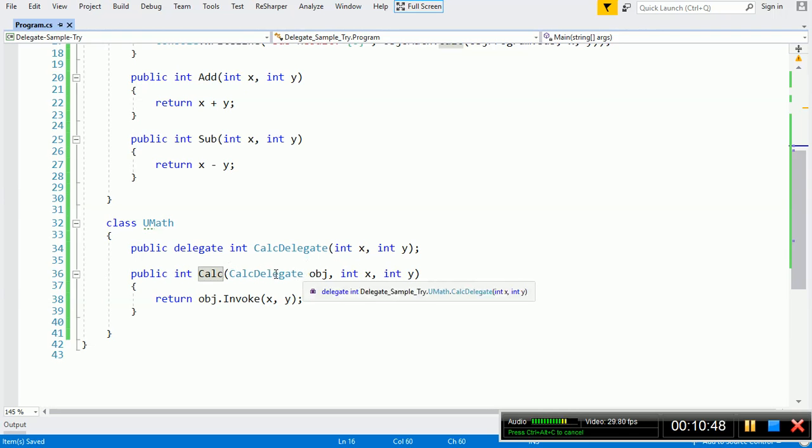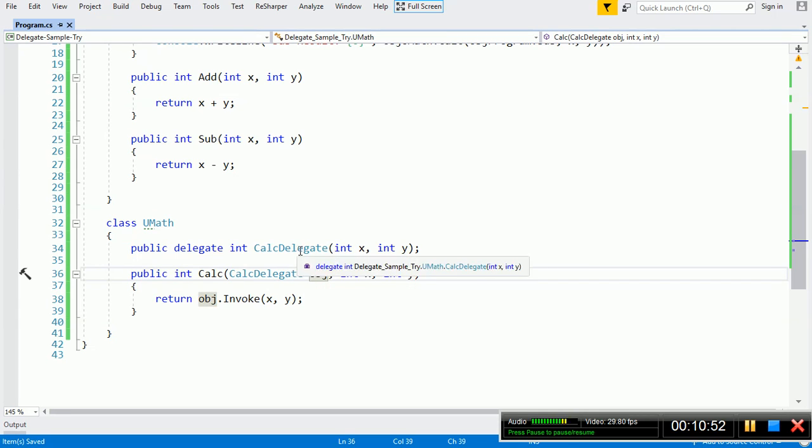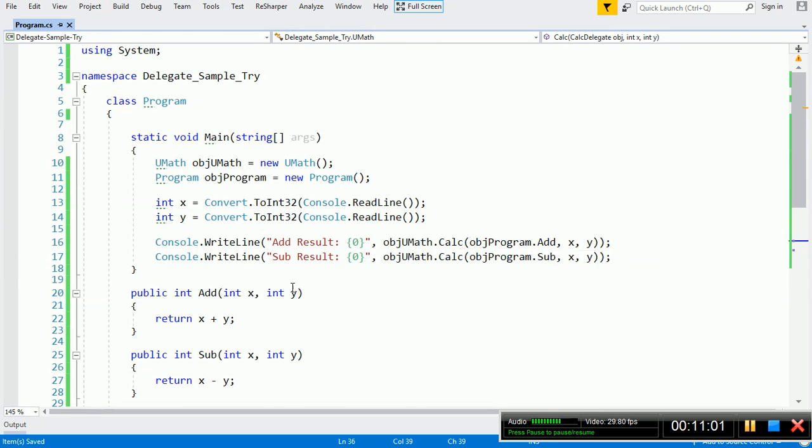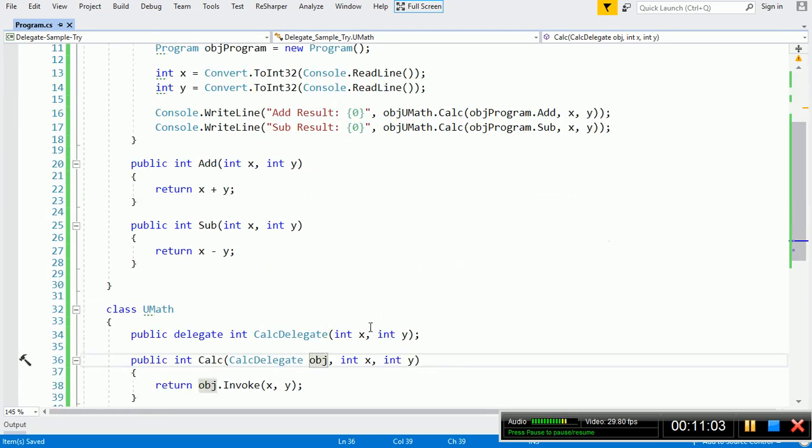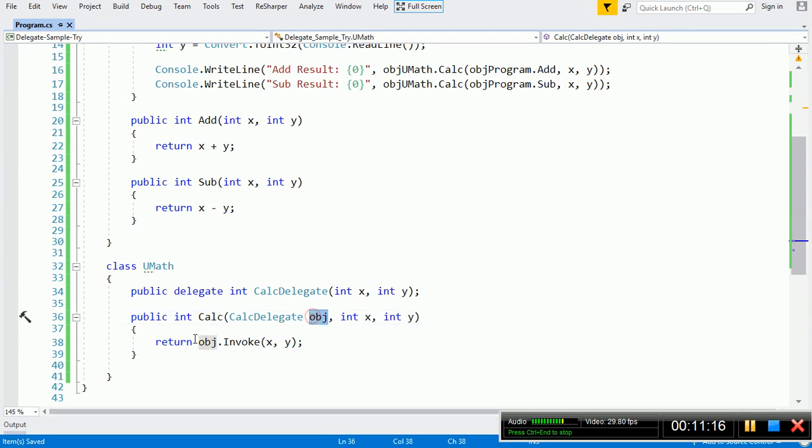In this calc function we are receiving the object address of this calc delegate type, and this is the type which accepts 2 integers and returns 1 integer. Here we are passing our add function address, so it will collect this add function address here, and then our next 2 arguments are the x and y values which we collect from the user, and then it will call object dot invoke.